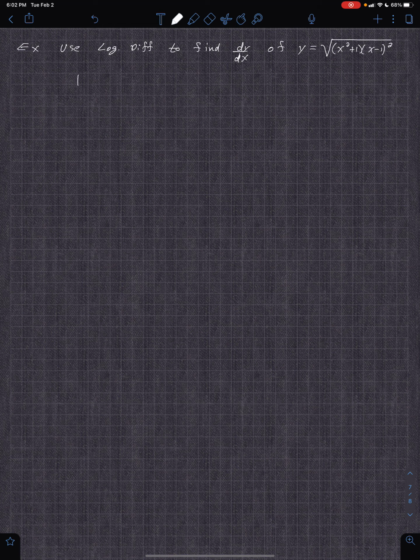So you get ln, let's go ahead and bring it all the way over so we have space. So ln y equal to ln of that root, and then you expand it out just like we did before. Ln of the square root of (x squared plus 1)(x minus 1) squared. Okay, so that's equivalent to ln y equal to a half, and then you end up with ln(x squared plus 1)